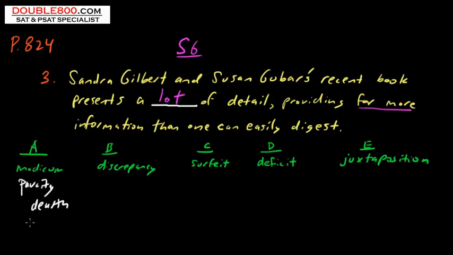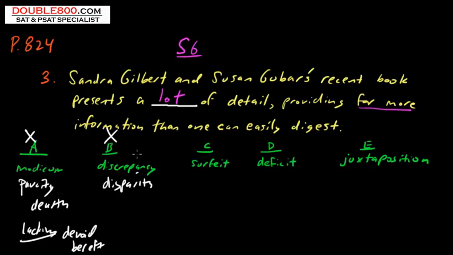These are all nouns. A couple other words that don't mean the exact same thing, but as few, but lacking. Words like devoid and bereft, and these are adjectives, and that's not the answer. All right, discrepancy. Discrepancy, that just means that there's some type of disparity or difference between items. That's nothing to do with a lot. That's out. All right, I'm going to skip the answer, which is C.